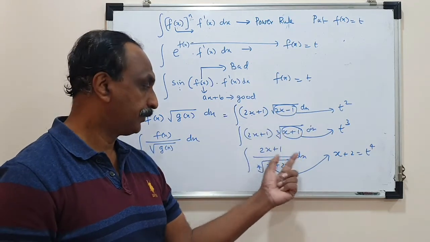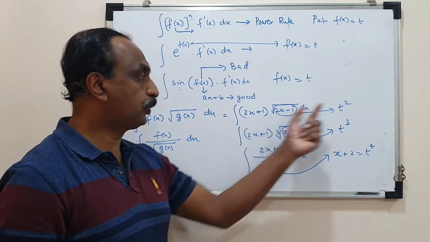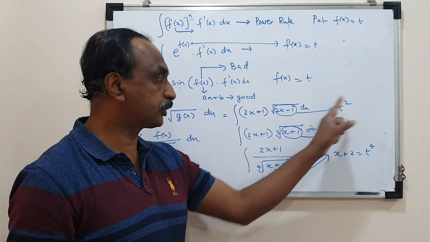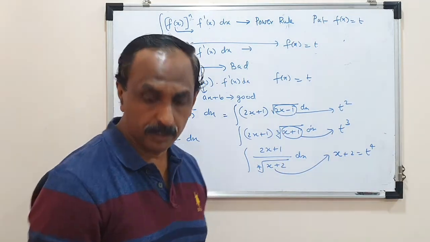Let me call them radical powers. When radical powers are present, you must put t's power matching with the radical power, so that square root and square get cancelled, cube root and cube get cancelled, fourth root and fourth power get cancelled. But if you have both,